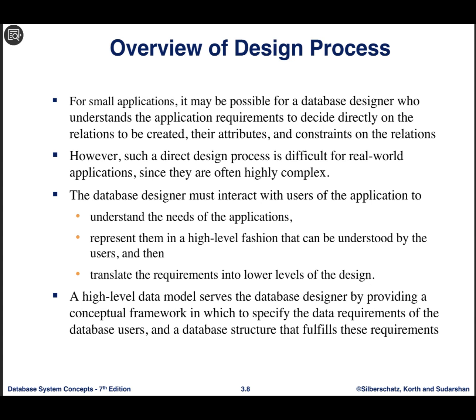It's easy to come up with the relations that you're looking for. It's easy to come up with what kind of attributes, and what kind of relations between them. Then it's easy for you to decide which constraints you're going to use, how you could specify them, and how you could enforce them. But that's the case only for small applications. It's difficult for hard, real-world applications,